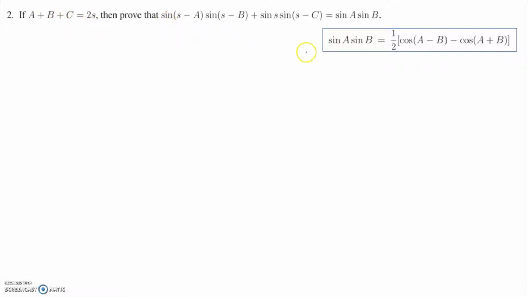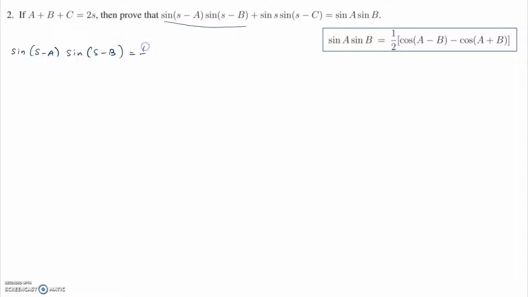to prove this. Okay, the formula that we will be using is sin a sin b is equal to half of cos(a minus b) minus cos(a plus b). Right. So, let us take the left hand side here, and let us take the first part of the left hand side, which is sin(s minus a) into sin(s minus b). This is equal to, according to the formula, taking a as s minus a and b as s minus b,